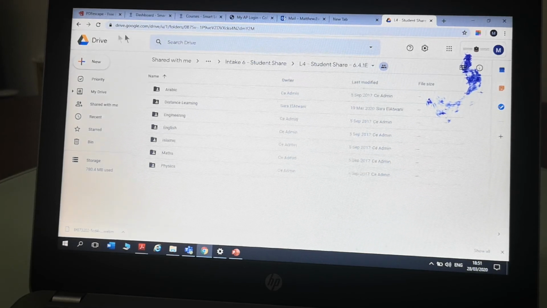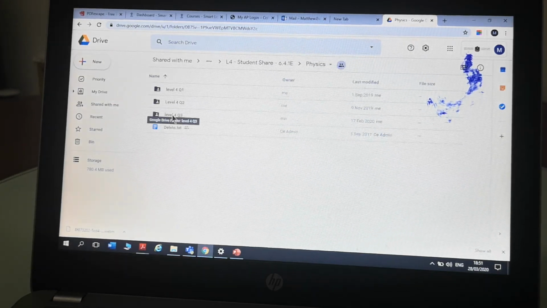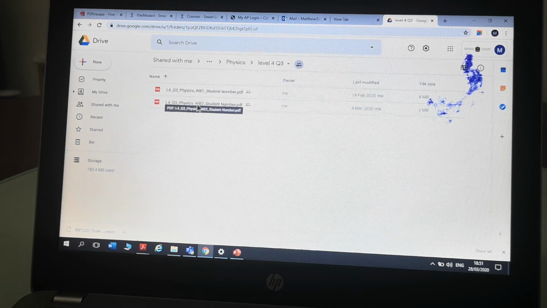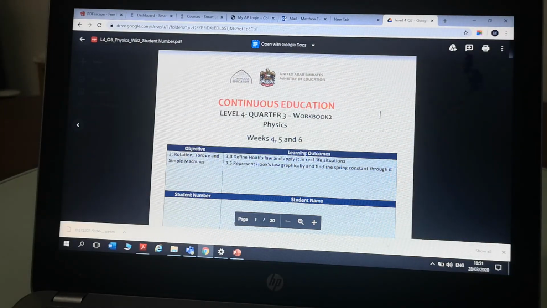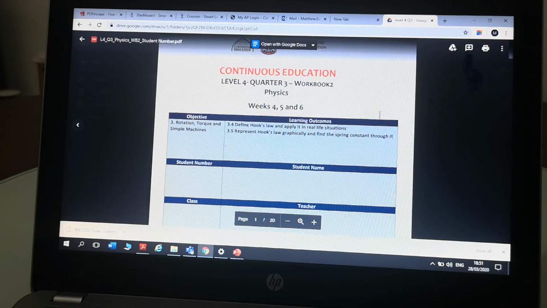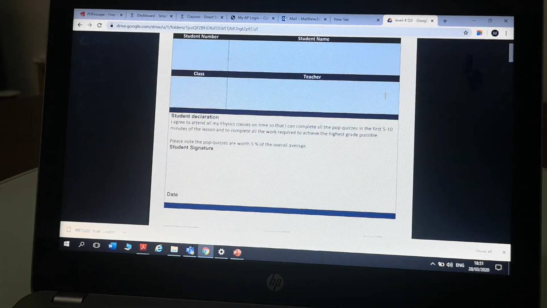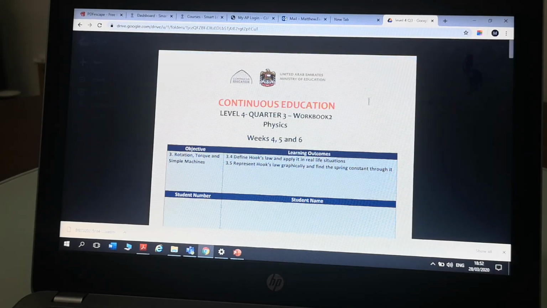I'm already on Google Drive on the shared folder, so you should be able to find that like always in physics. We're on level 4, quarter 3 now, and here it is, WB2, our second workbook for this quarter. All you need is the internet. You don't need anything special. Just click on that, and if you haven't already, which you should have done by now if you were following the distance learning instructions,